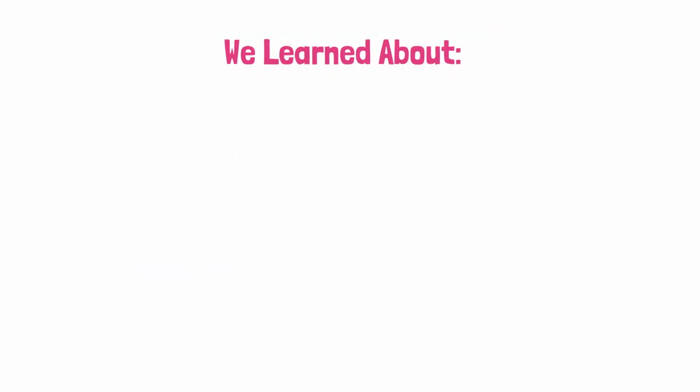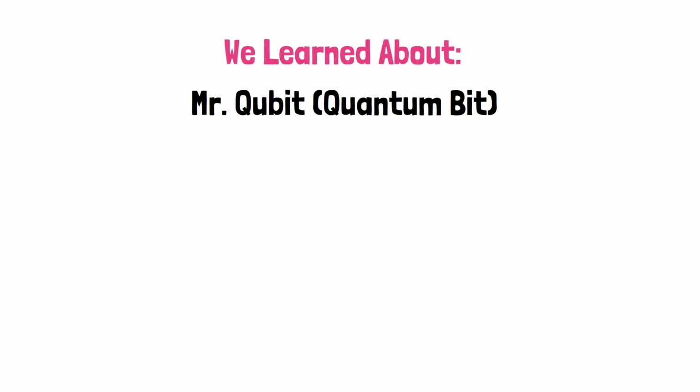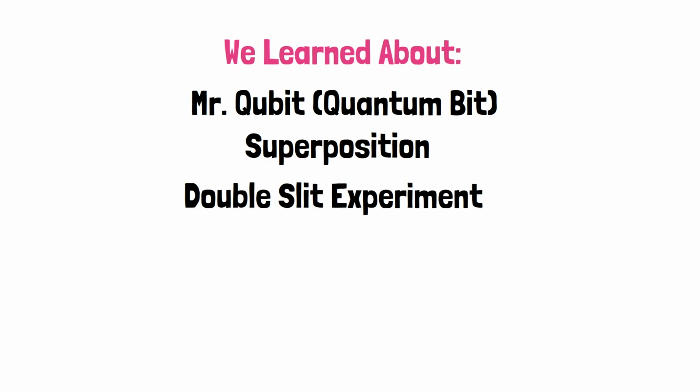Let's sum up. In this video, we learned that the analog of a classical bit in quantum computing is the qubit, or the quantum bit. Mr. Qubit's quantum nature can allow it to be in a superposition of states, just like an electron can be in a superposition of states in the double-slit experiment. This is one of the fundamentally different properties of quantum bits that can help us achieve our goal of more powerful computations. We can visualize all of these qubit superpositions on the Bloch sphere, and we can use the wavefunction